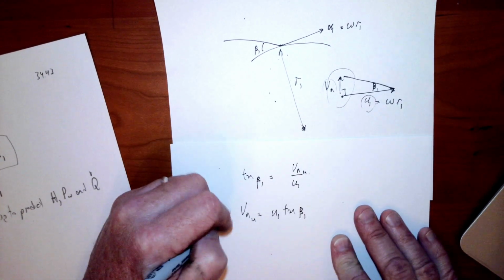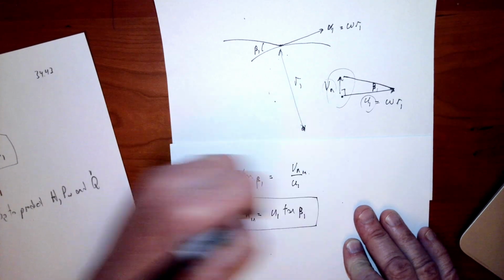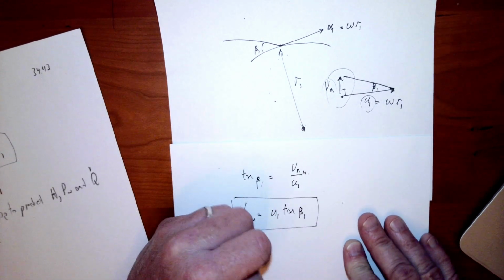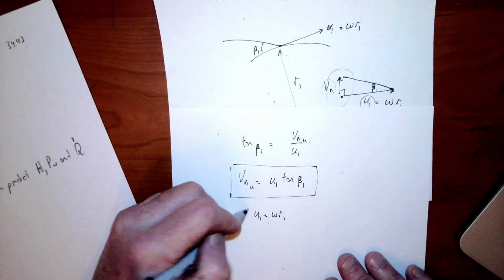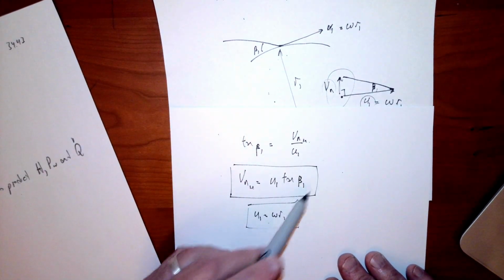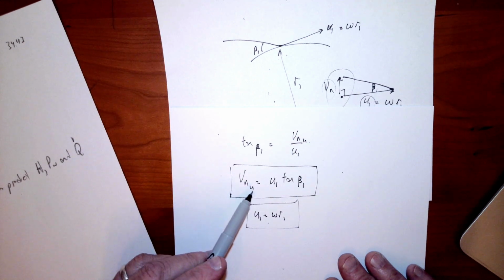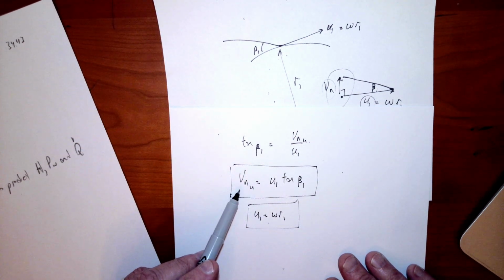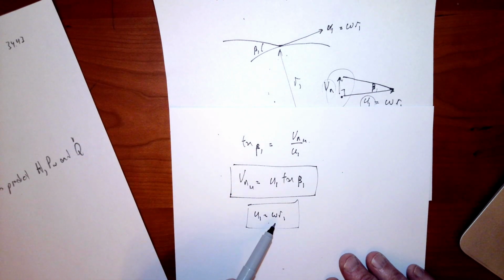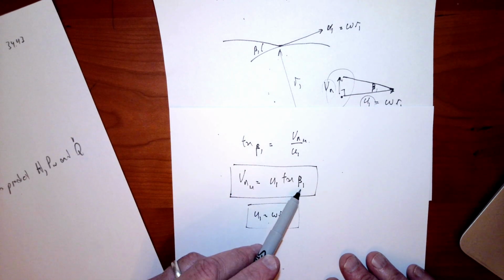This is going to turn out to be really important because we know that U1 is equal to omega R1. Those are design parameters that are under our control. Beta 1 is under our control. That means we can now create the normal inlet velocity that we want by selecting omega R1 and beta 1